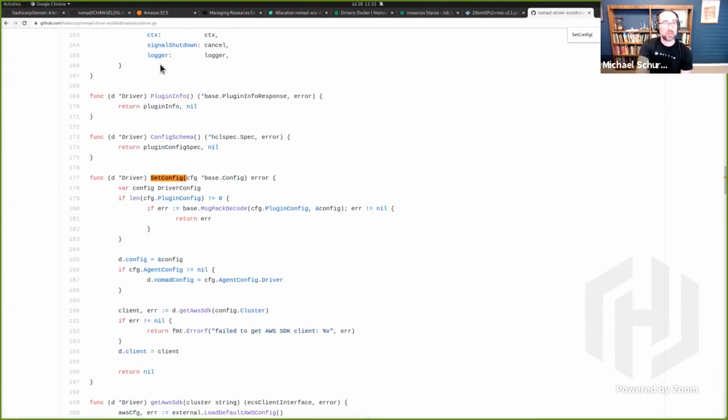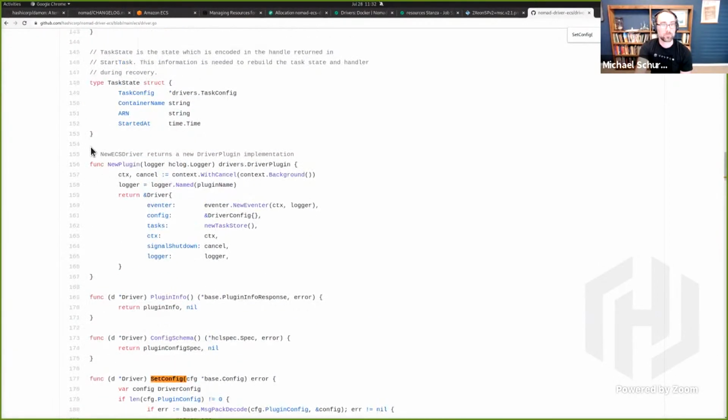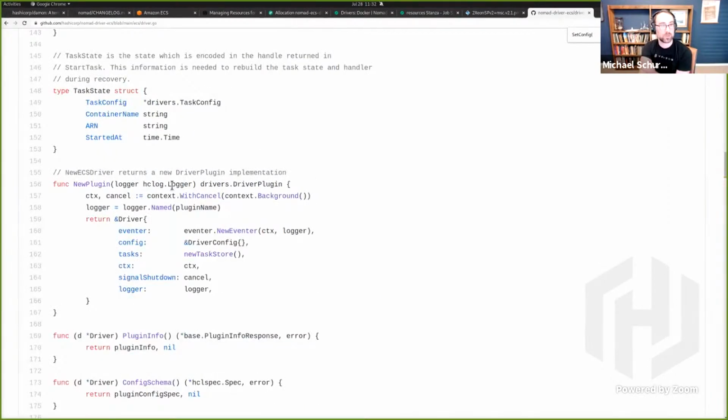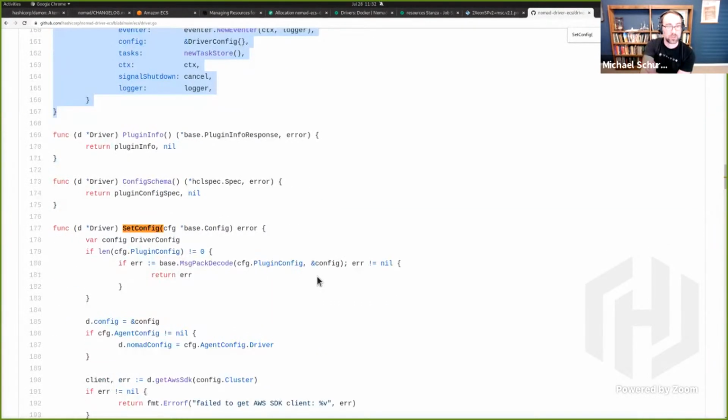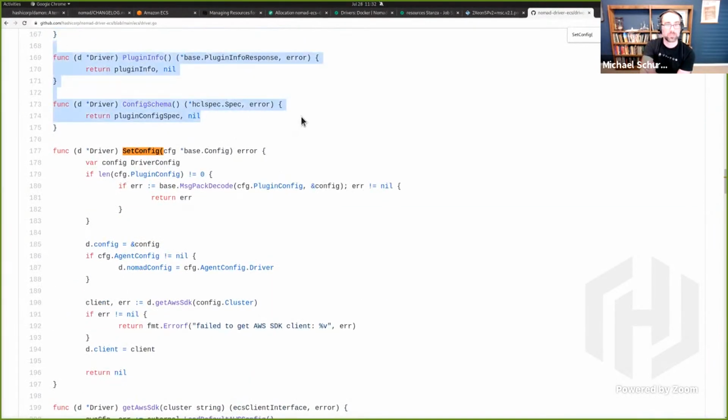But at any rate, just to show how this is implemented, for anyone familiar with Go, it should be pretty familiar Go idioms. You create a new plugin, which returns an instance of the driver. There are some informational APIs purely for the Nomad agent and the plugin to get things like the configuration schema.